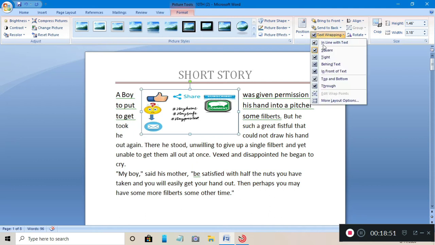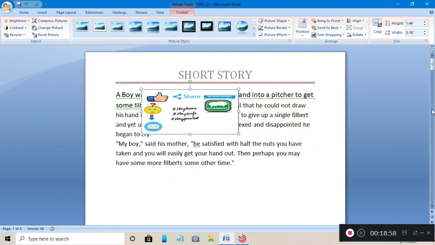Now let's try another one. When we click on In Front, you can see the picture is coming upon the paragraph.